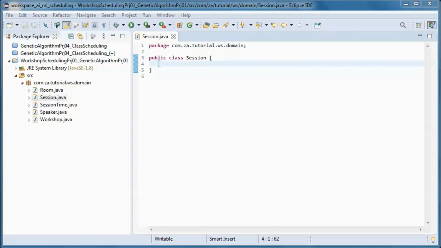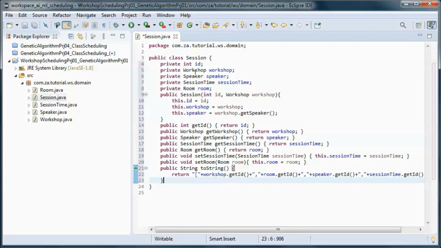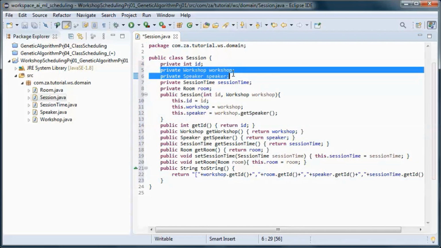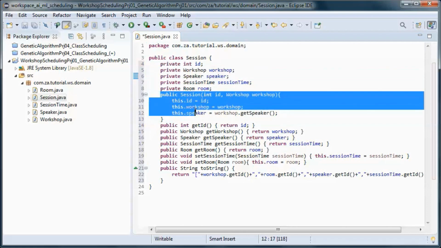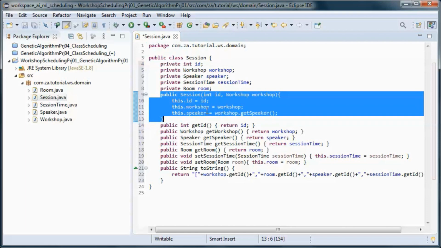Now a session will have a specific ID and workshop and a speaker for that workshop, and they will be initialized in the constructor.